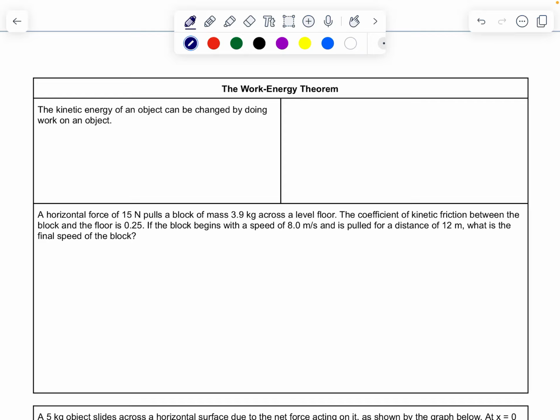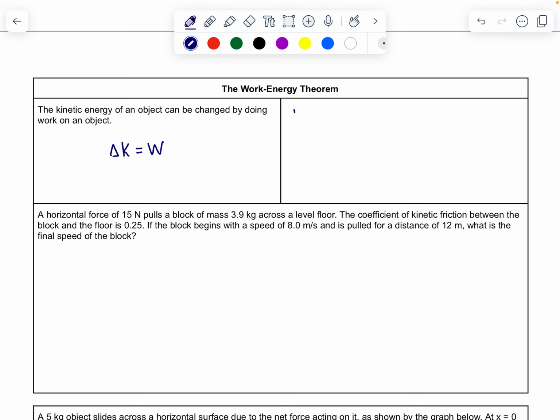We know that the kinetic energy of an object can be changed by doing work on that object. We apply a force through a given displacement. It causes that object to gain energy, or it causes it to lose energy. And there is an equation that we associate with this that says that the change in kinetic energy equals the work. But I do want us to be really careful with the language that we use here when we talk